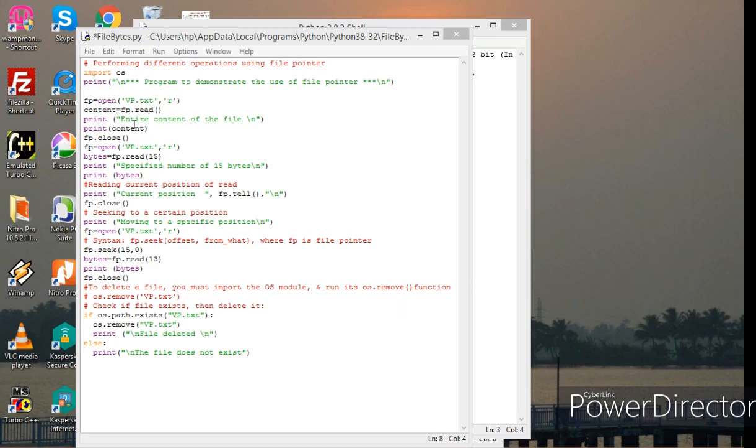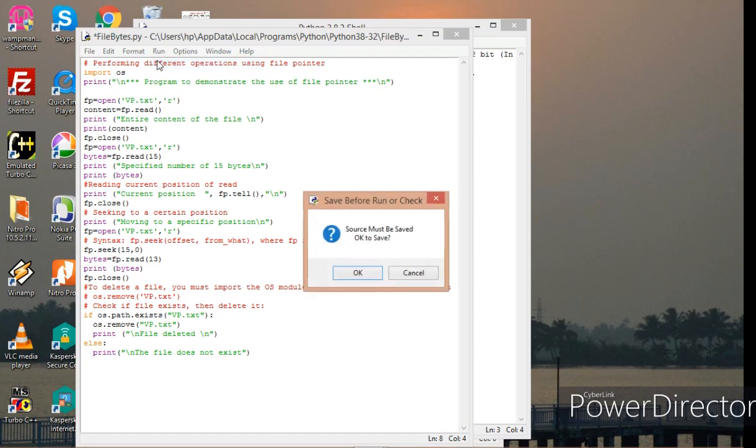Then I am going to read the entire content and print it, so that we should be able to make out that when we read 15 bytes, those 15 bytes are read from the file. Okay, so let me run the program.